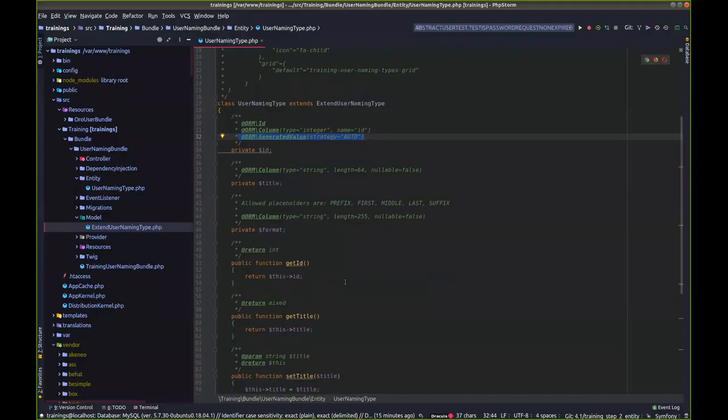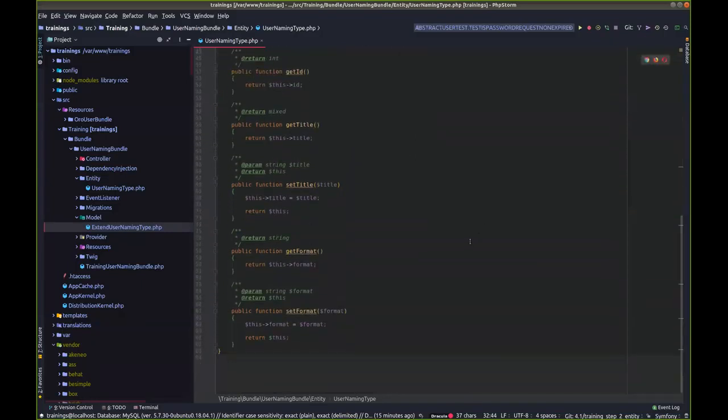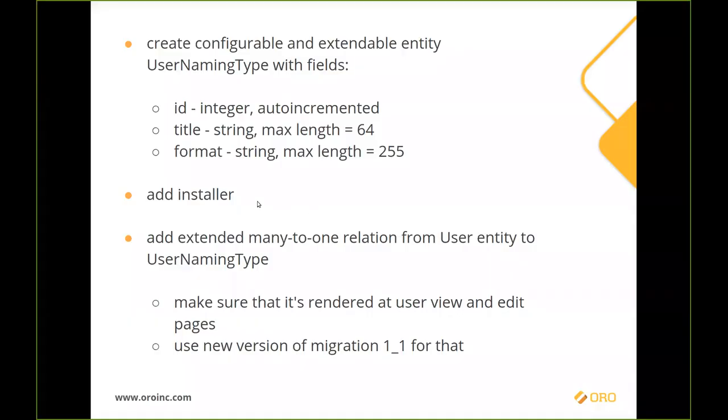By default, if you do not have a very specific need, we do not create a setter for the ID, only the getter, and then getters and setters for the other properties. Once we have this, we have the ORM annotations, we have the entity, we should create the database schema, so